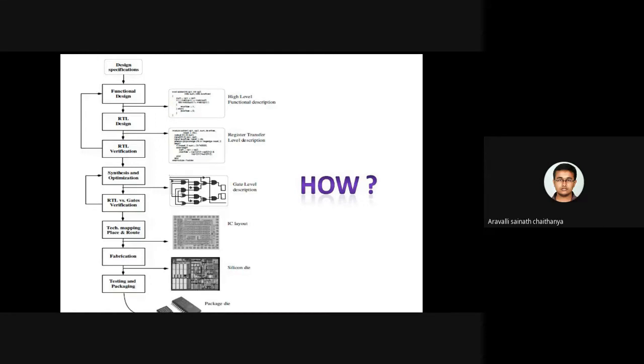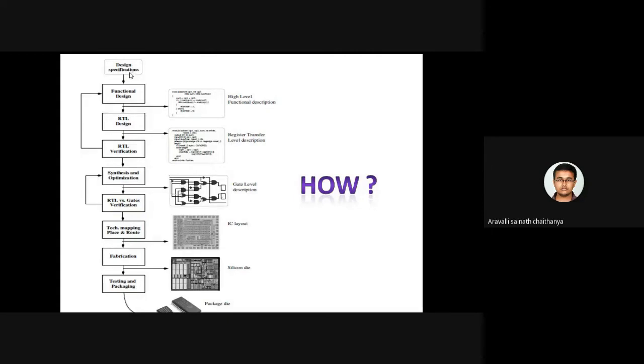Finally, whenever you open any electronic gadget like a mobile phone, you will find many integrated circuits inside it, equipped on a system on chip, on a big chip, and inside it you are going to find many integrated circuits. Again, these integrated circuits are called chips, IC chips. So how each and every IC chip is developed or designed, that we need to understand. This is the process involved in designing or realizing an integrated circuit chip.